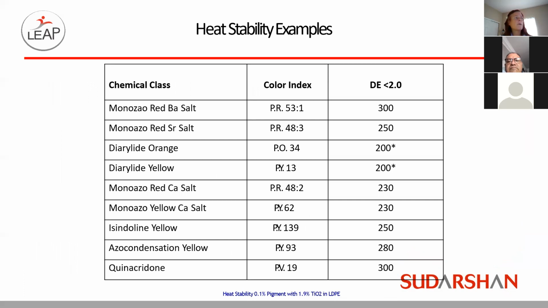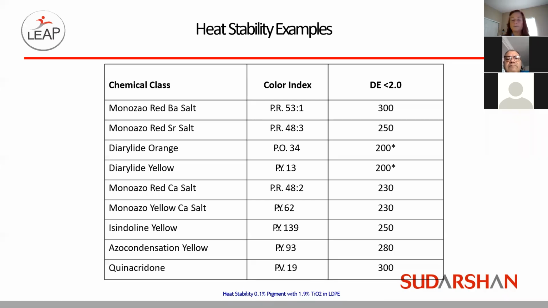I want to make note with the top one there, the Pigment Red 53:1. Earlier, I had said that there are exceptions to the rule with respect to classical pigments and heat stability. And here's a good example where the Pigment Red 53:1 has a very good response when it comes to heat stability. So it's always a full balance of properties when selecting a colorant